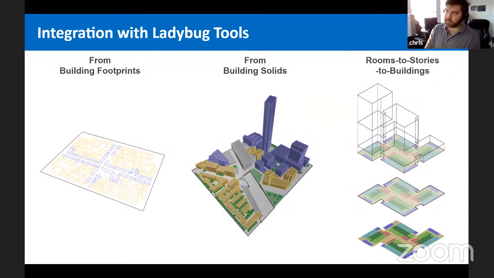So the from-building-footprints method is probably very useful for very early stages of design, or in cases where the only urban data set available is simply footprints. But once you get past those very early stages of design, chances are that you have building massing associated with the given set of designs that you're exploring. So in order to do this, we have methods that allow you to create entire Dragonfly buildings from each individual closed solid within a Rhino Grasshopper definition.